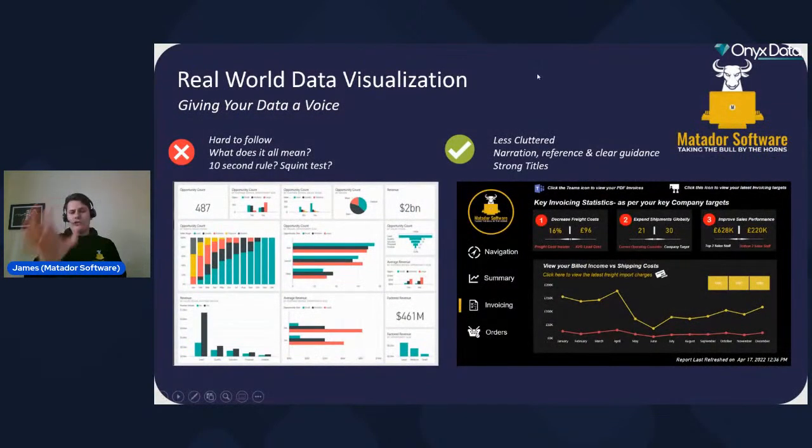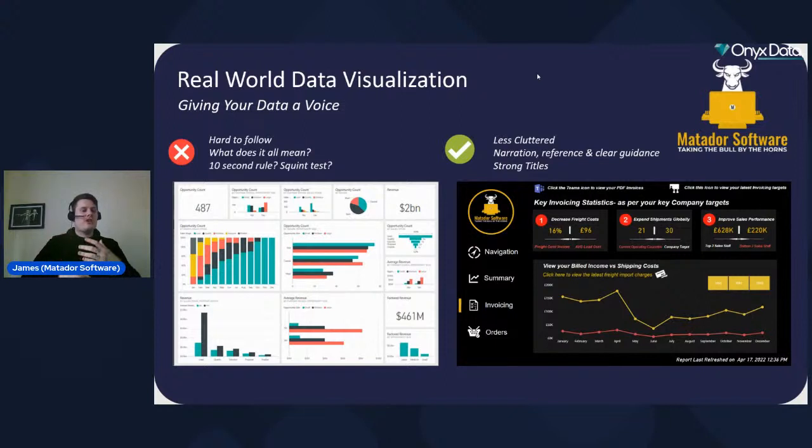Now, we're sort of closing up to this sort of more, I guess, theoretical aspect. But giving your data voice is important. So this is actually Microsoft, the examples now, storytelling with data. We saw the Gartner and Microsoft Power BI Bake Off. I think it was Miguel Myers did a great example of data visualization, but this is one of the older examples. And you can see, like I said, with the 10-second rule, with the squinting, with the principles we discussed,